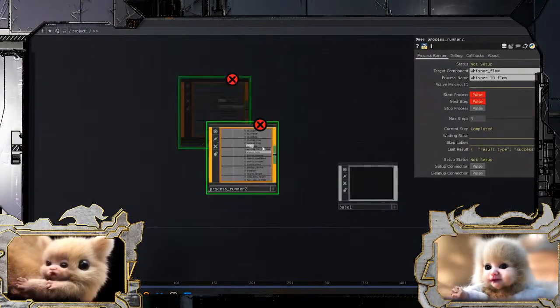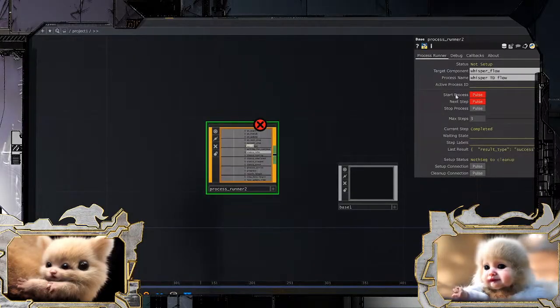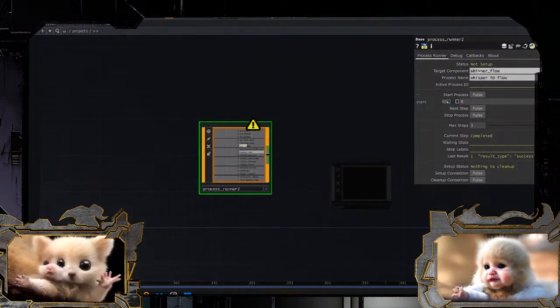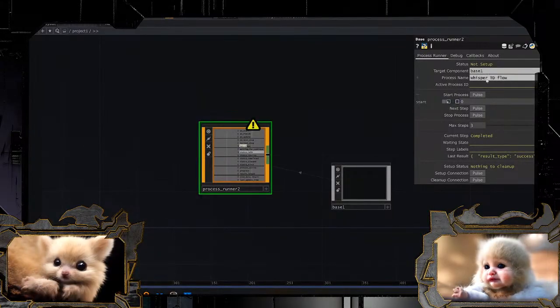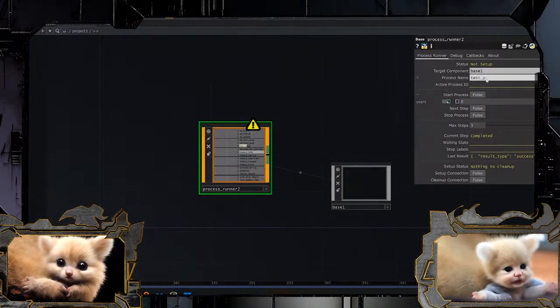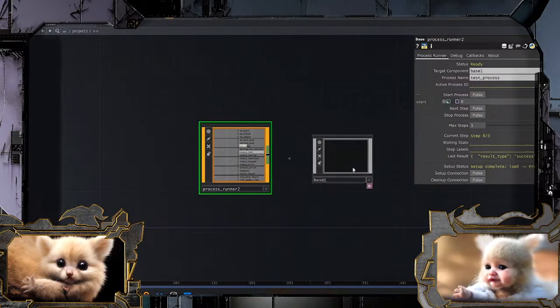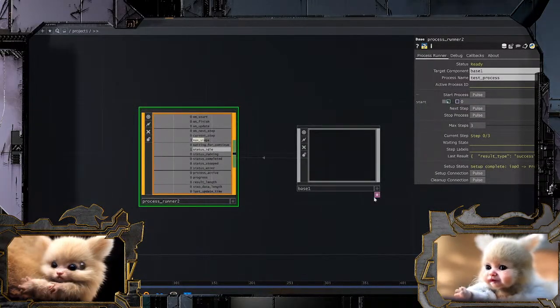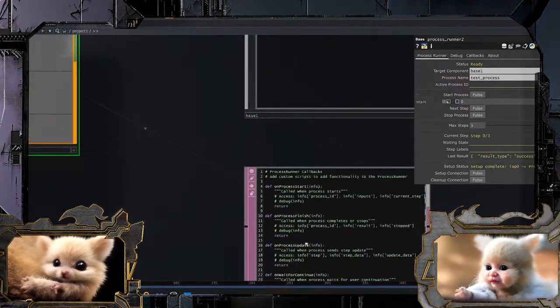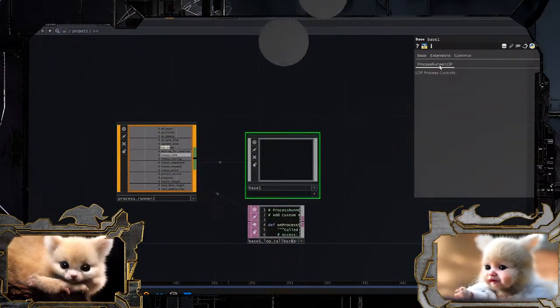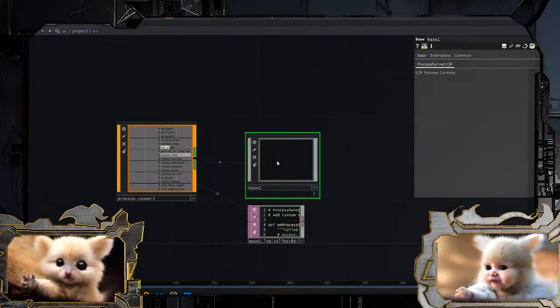Base, paste, it's going to hate me, but I can clean up connection. There's no connection to clean up. And target component, boom. Process name, test process. Now I'm going to set up connection, and it says setup complete. So now this base has its own callbacks on process start, on update, on wait for continue. And this base now has a page called process runner lop.